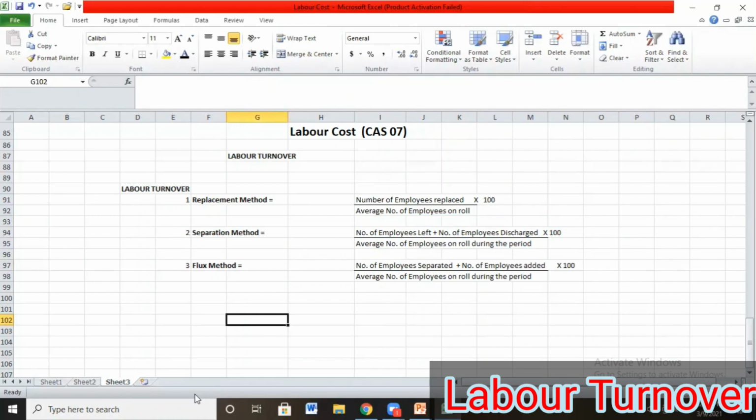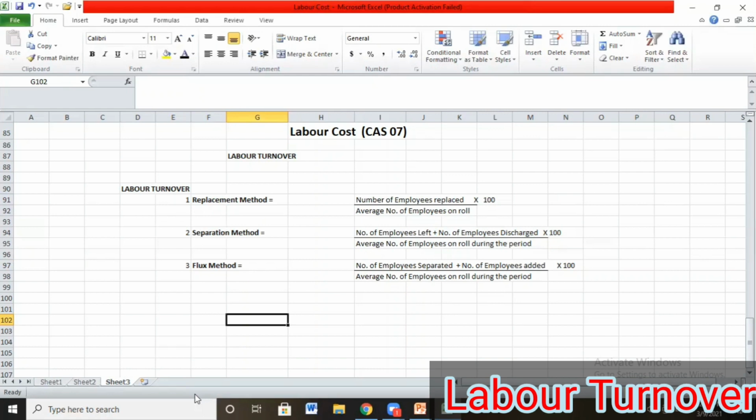Then unavoidable causes are those under which it becomes obligatory, compulsory on the part of management to ask one or more of their employees to leave the organization. This is the situation where the seasonal nature of business or the shortage of raw material, power, lack of market for the product, etc. We can understand the concept due to the corona. In case of corona, many businesses have been struck, and so many employment issues arose.